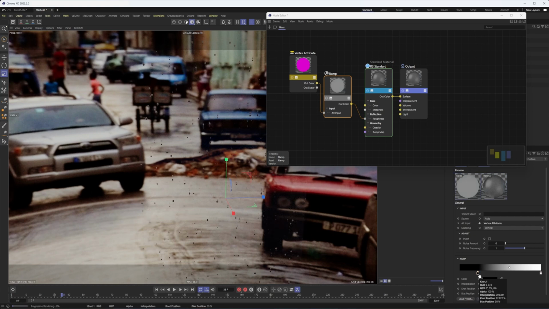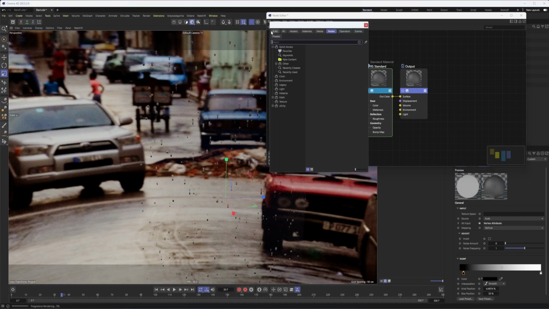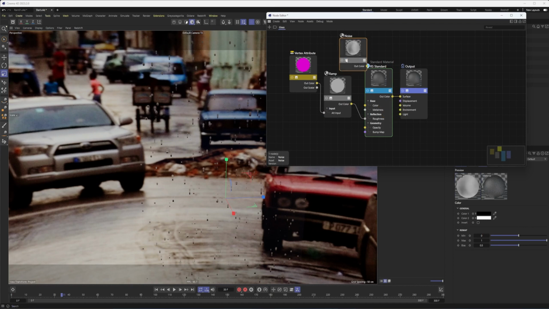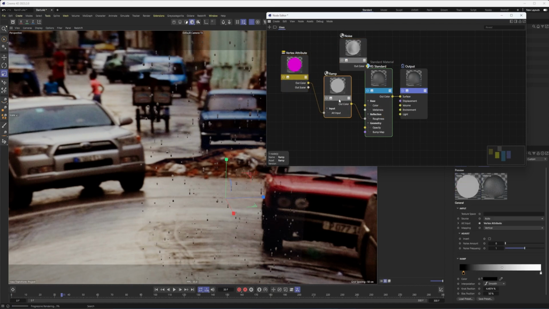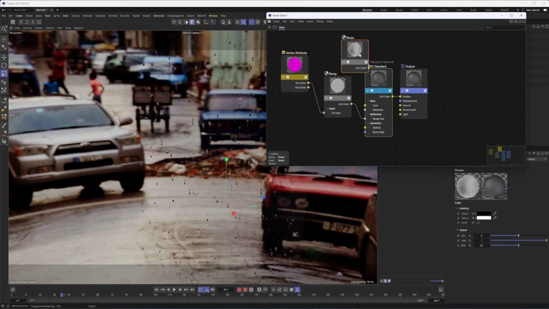If you want them to be less noticeable, bring in the black knot there. Okay, another thing you could do, and I didn't even do this in the other example, would be to add a noise to this as well, right? So you could totally mix a noise, essentially using this as a mask on our noise to get that noise pattern to show up in that roughness. And that would be a way to break it up even further.